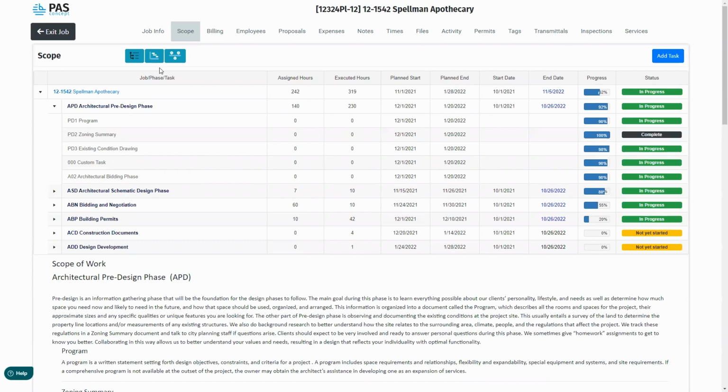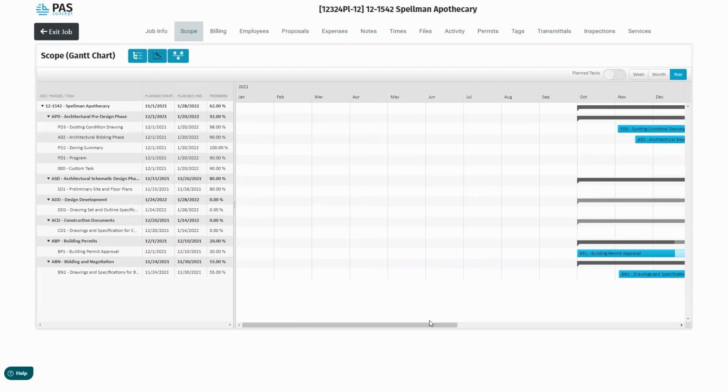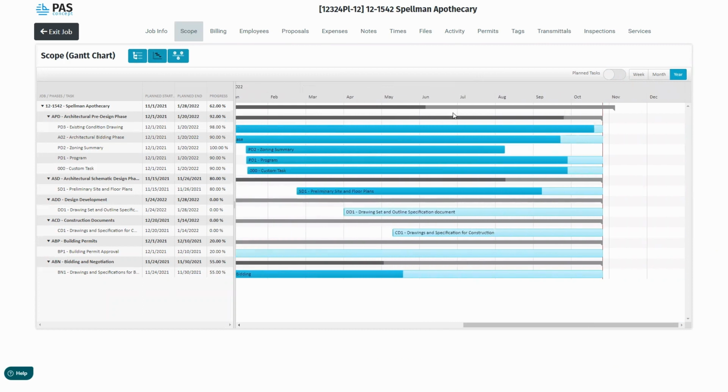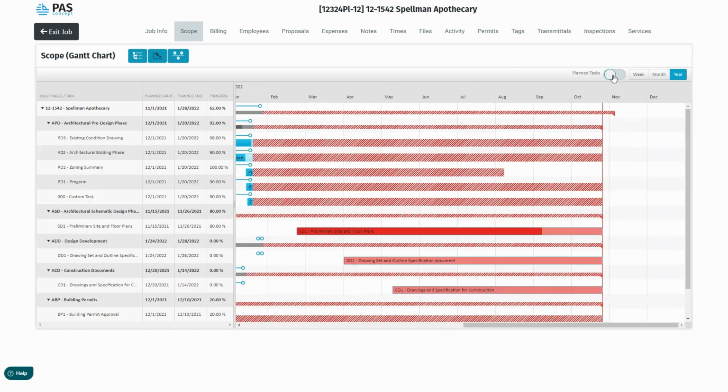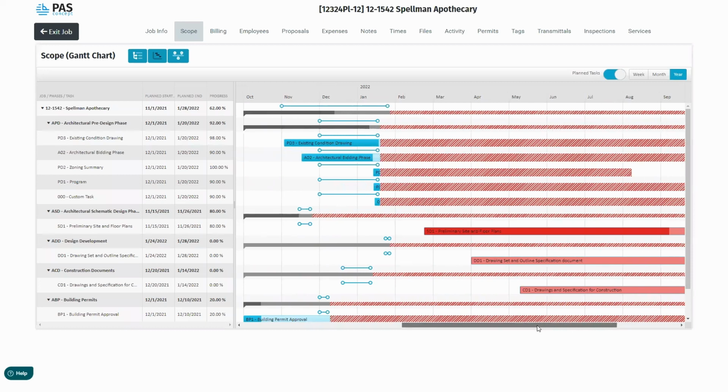Now, this does have multiple views. This is a table view. You can see the Gantt chart view, which, again, let's expand it to a year. You're able to see the individual phases. You can even see the tasks and how those overlap from one to another. So you can see concurrent tasks. And as we mentioned before, if you were to see how it compares to the planned time, you can see how grossly over time this project has gone.